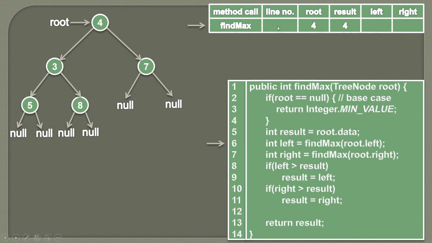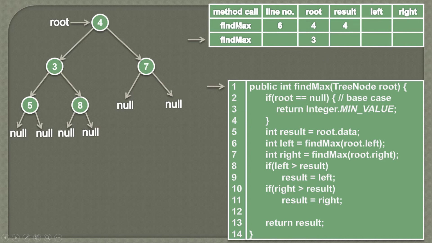And here you can see we are leaving this findMax method at line number 6. So we'll simply keep the track of the line number here, so that when this findMax will end, we know where to start from. So we'll simply store the line number, which is 6, and we will again call the findMax method passing in root's left node. So on the call stack it would look like that: findMax method is called.